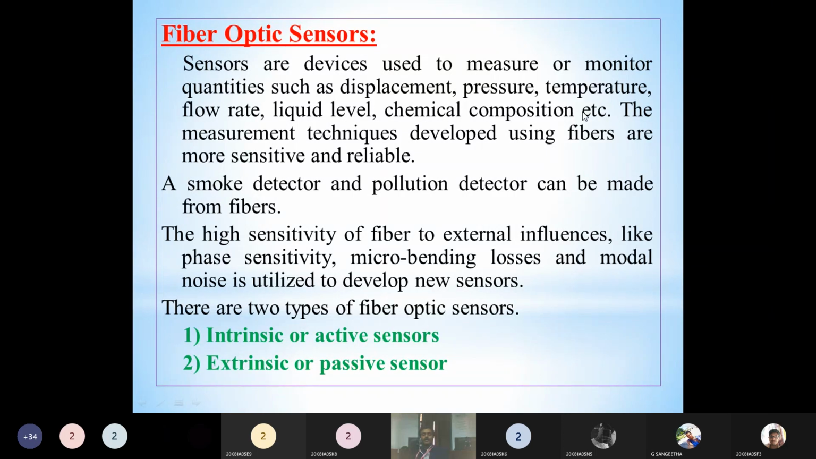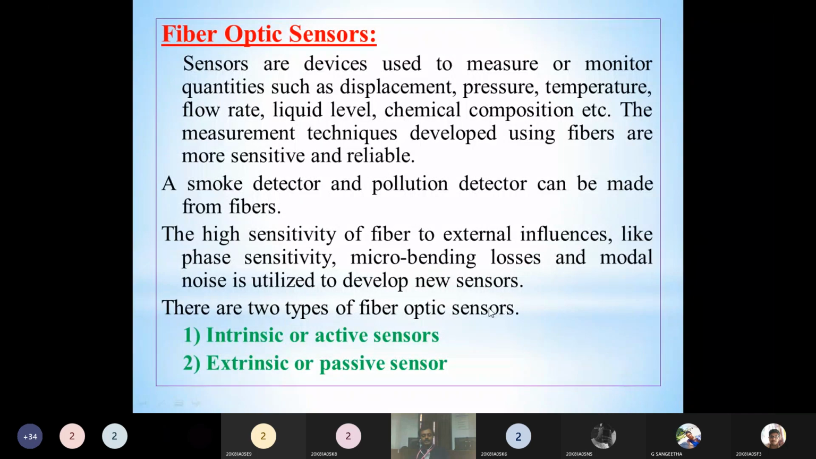Generally, if you use optical fiber in sensors, they become more sensitive and reliable. Smoke detectors and pollution detectors can be made from fibers. The high sensitivity of the fiber to external influences like phase sensitivity, micro bending losses, and modal noise is utilized to